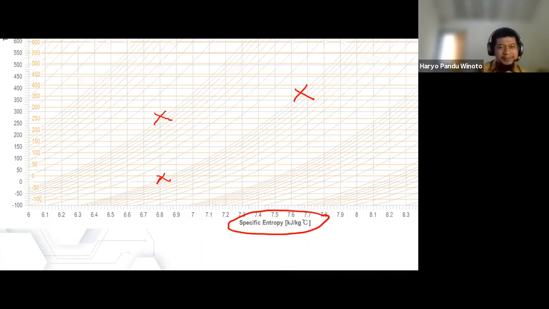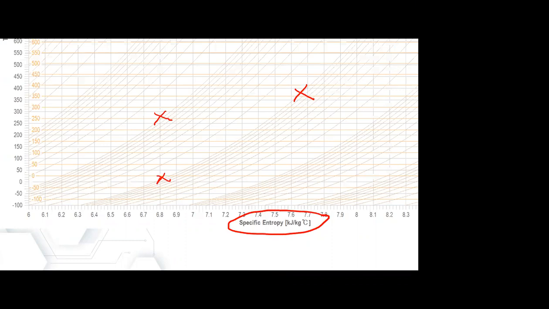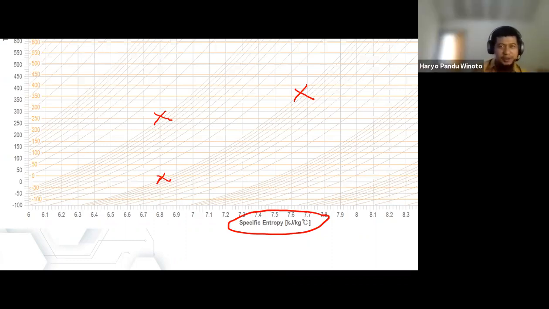You still remember that? It's not straight anymore. No, it's always straight. For isentropic on a TS diagram, it's always straight, either going up or going down. But in the Rankine cycle, I'm sorry, I didn't mean to preview your Rankine cycle knowledge, when you put the line too low, suppose you are using a condensing turbine instead of a back pressure turbine, the phase changes a little bit. The steam is going to be wet, and that is dangerous for your turbine.